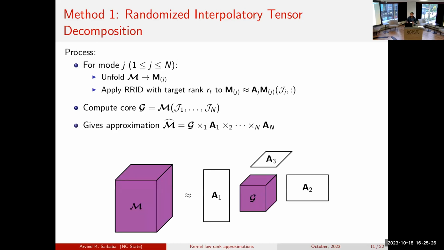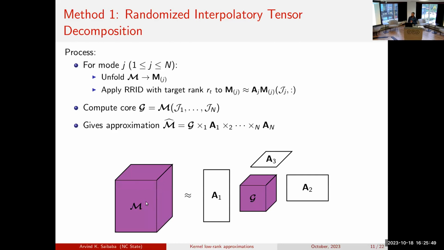But the other reason it's really good is it preserves the structure of the tensor. So what do I mean by that? Imagine the tensor had sparse or non-negative entries, and you wanted your decomposition to preserve that. There's several ways of doing it. Ours does it in a special way, so that the core exactly reproduces entries from the original tensor. So if your tensor M is sparse, G is sparse.